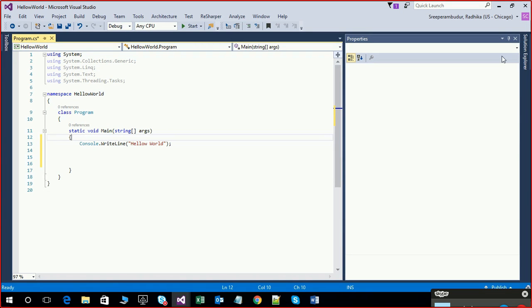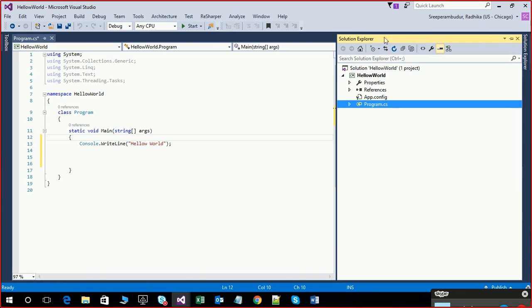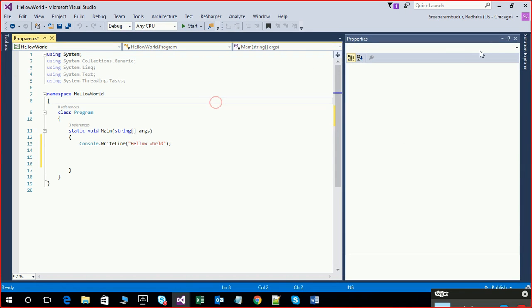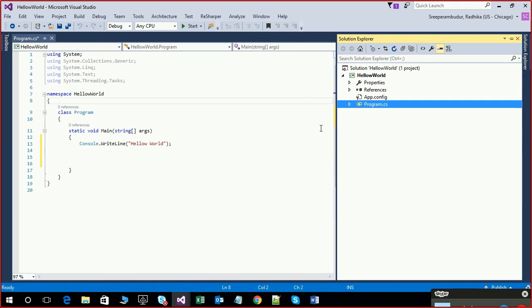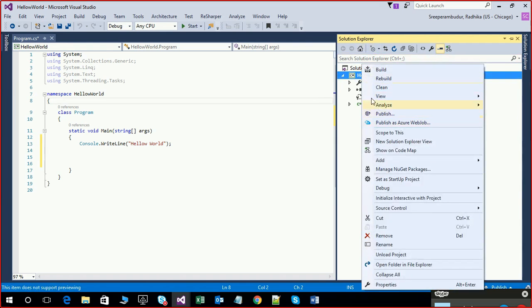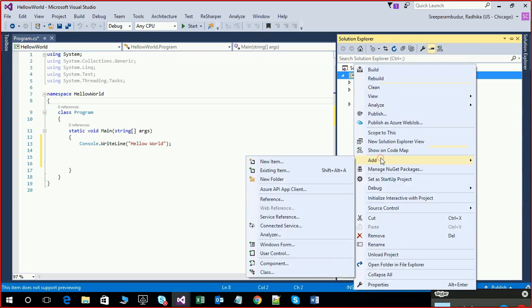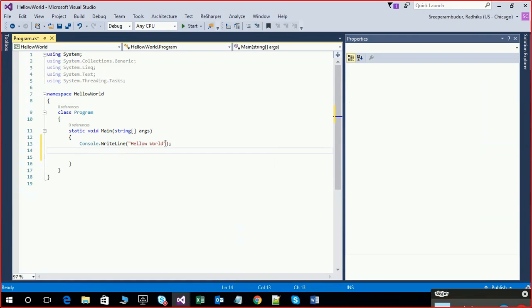And one more thing I would like to explain to you. This is the Solution Explorer of the project. Solution Explorer shows what files are there in my project. You can also add many files to this project: right click on this application and add new items or existing items. I can add existing project system items to this particular project. In later sessions, I will explain how to add new things and how to add existing projects to our applications. So now this is the console, this is the hello world